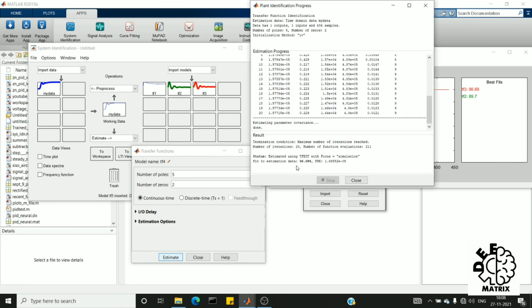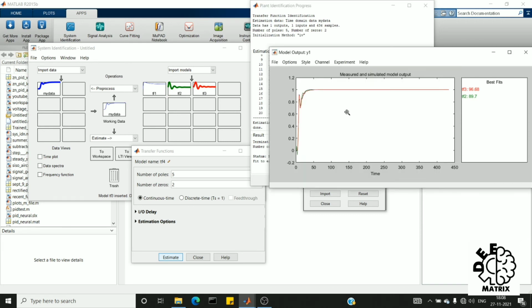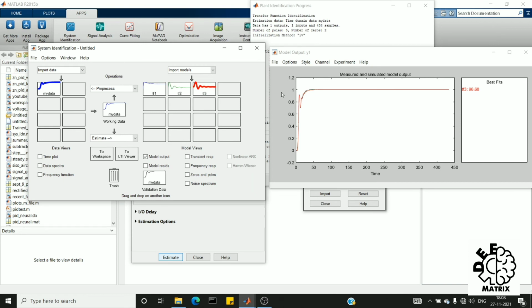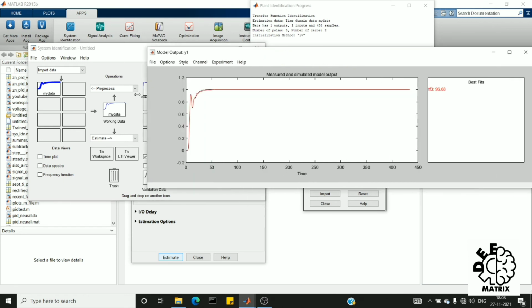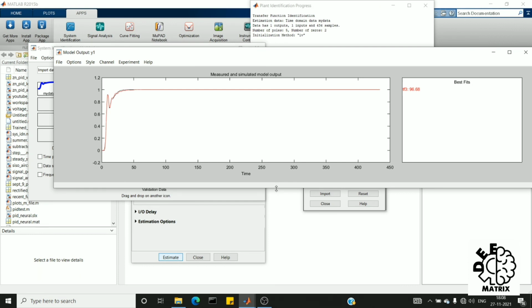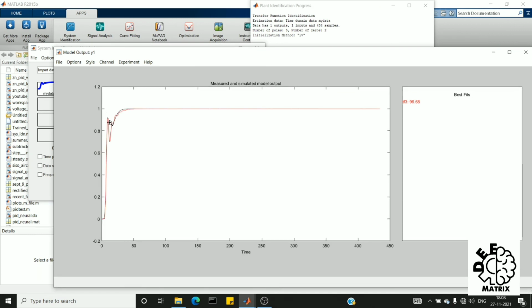So this transfer function is 96.68%. This outperforms the last two transfer functions. Now you can see the red one is more or less similar to the black one.